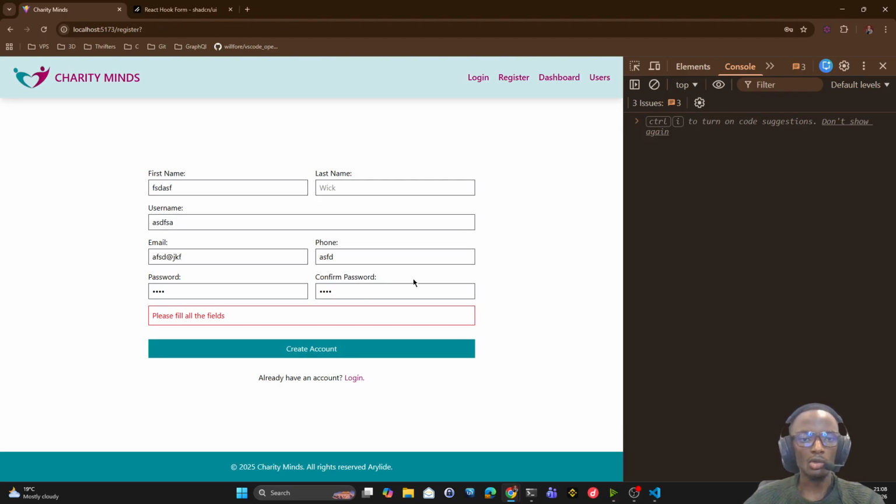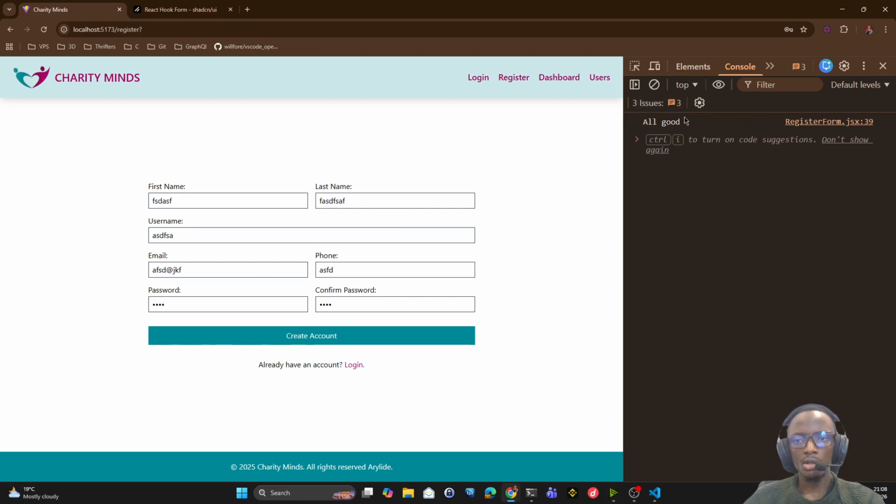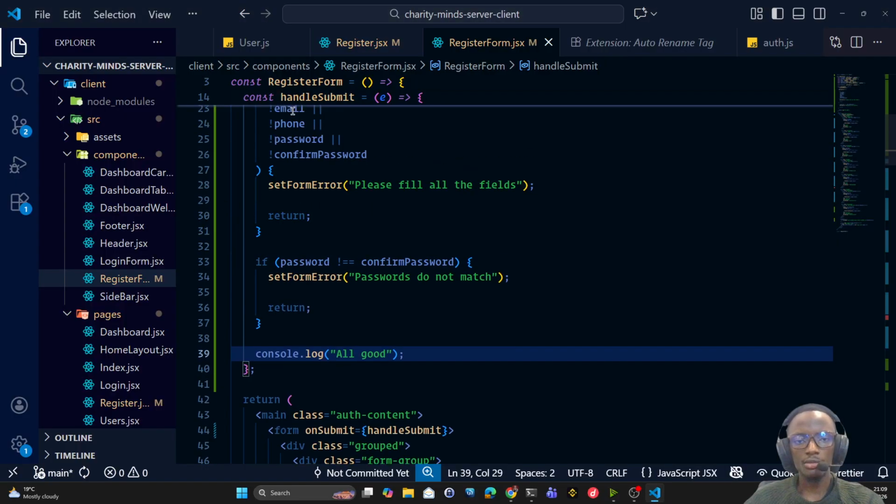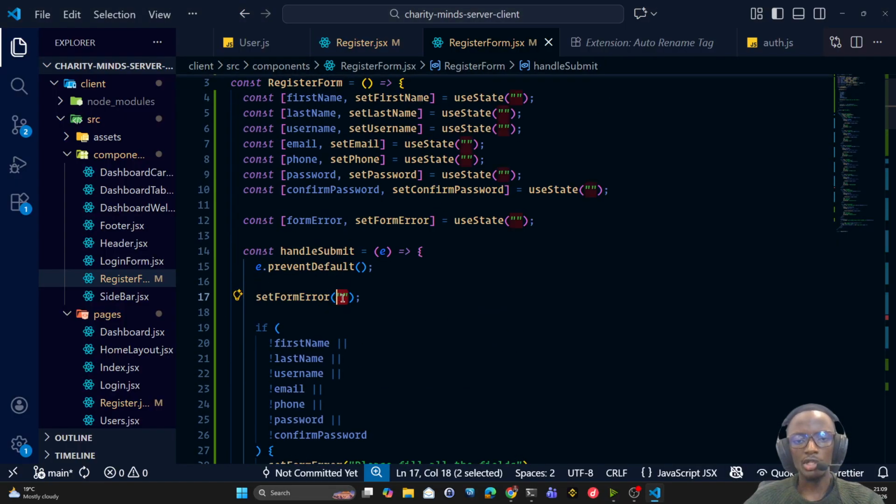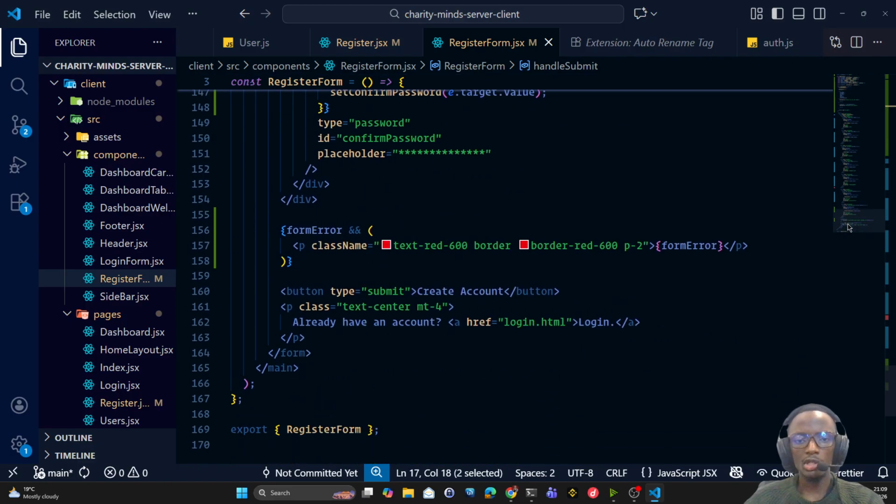Oh, I was actually waiting for an all good. So you don't see all good because we have an empty field over here. But the moment I add something, then we submit, the error goes, all good. And the error is going because we are setting it to an empty string. And we say that the error will only show down here